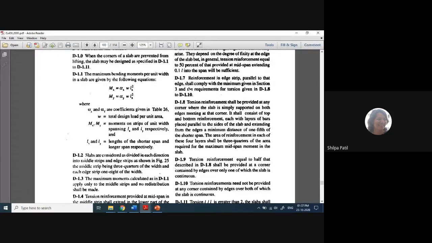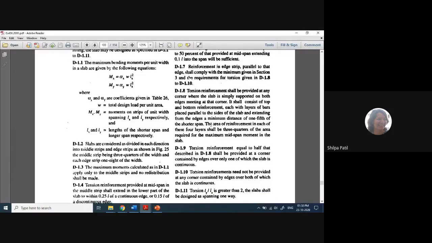Now, instead of considering mx and my, whatever the area of the steel we have calculated for the midspan moment, that is ASTX and ASTY, it's 3/4. That is 3/4 means 0.75. So 0.75 of ASTX and 0.75 of ASTY, that much area of reinforcement is provided as a torsion reinforcement. This is very important to understand, how we have arrived at a formula for calculation of area of the torsion reinforcement. Is it clear to everybody? Detailing of torsion reinforcement.